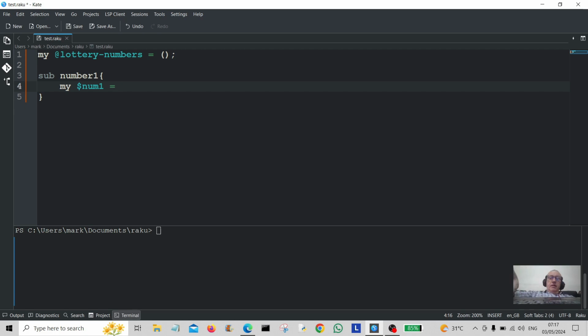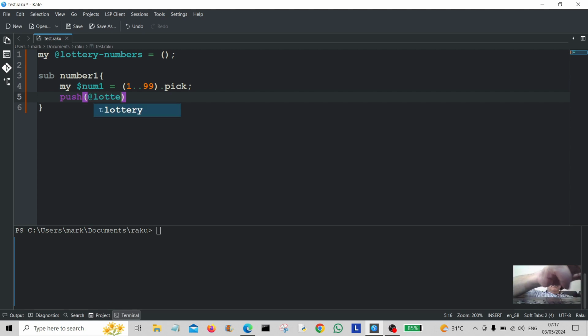I'm going to assign it to numbers between 1 and 99, and we're going to get a random number by using .pick, and then we're going to push that number, scalar number 1 here that we've got, into the array,